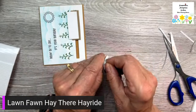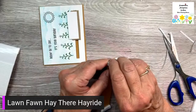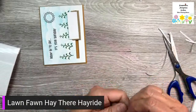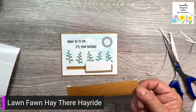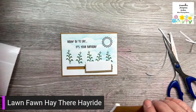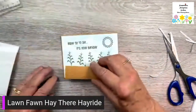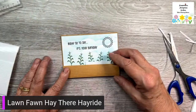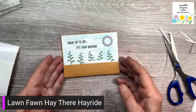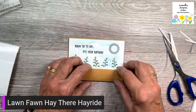This is actually a very quick slider. And you don't want to put anything on the inside of it because you want it to be able to slide. So this piece is 1 by 4 3/4. And so I'm just going to lay that on the bottom here. And you can see I still have that little white piece. And see how it slides? So I still have that little white piece that I can attach